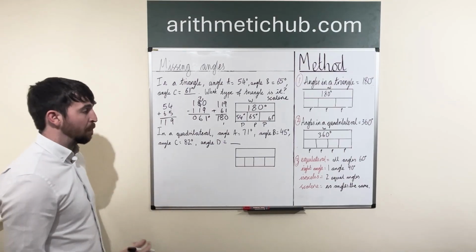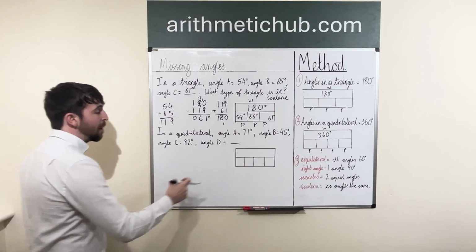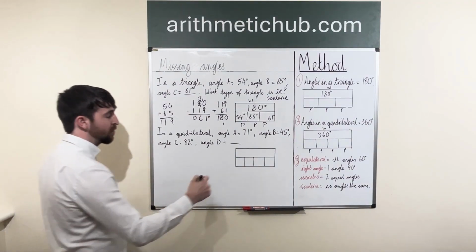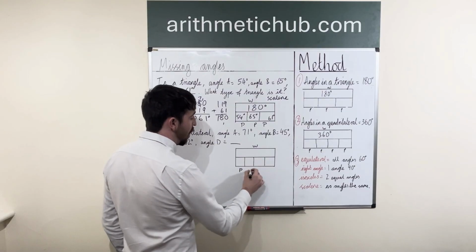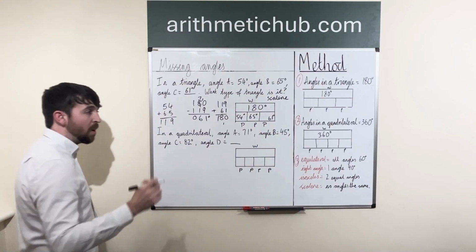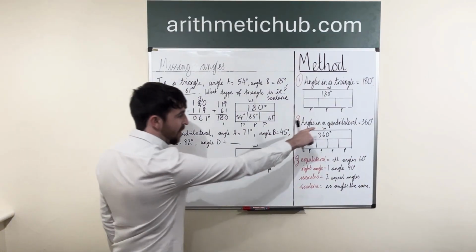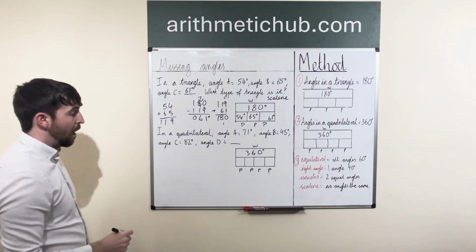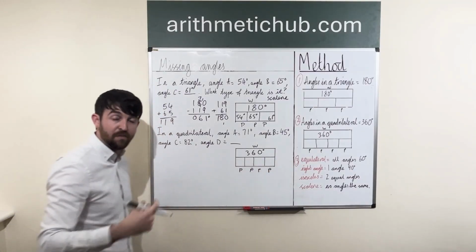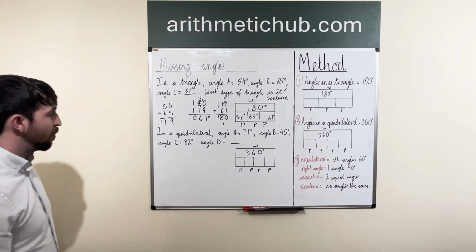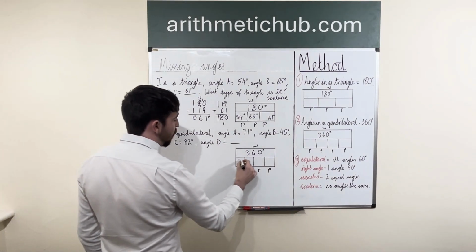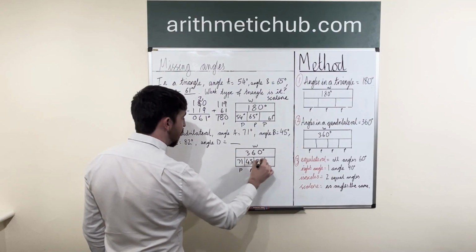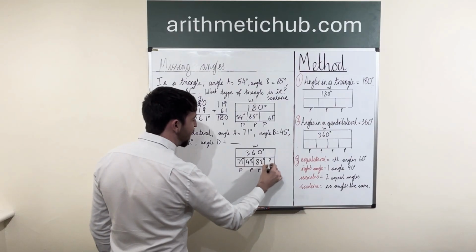So now we need to pull our information that we know together to be able to set this up in a sort of bar model again. I always think bar models are really useful for being able to answer questions like this, because we have a whole and we have our parts over here. We know where our whole is because we know all the angles in a quadrilateral always add up to 360 degrees. We also have our four parts at the bottom, which makes sense because there's four angles in a four-sided shape. So, 71 degrees, 45 degrees, 82 degrees. I can put my units of measure in all of these,